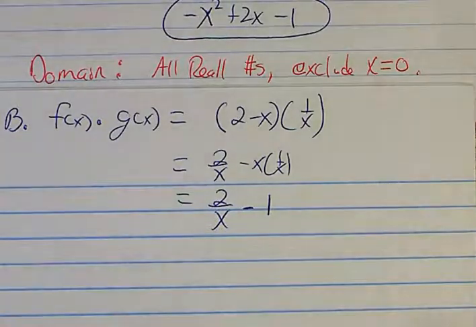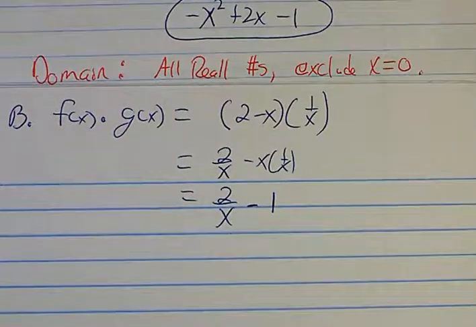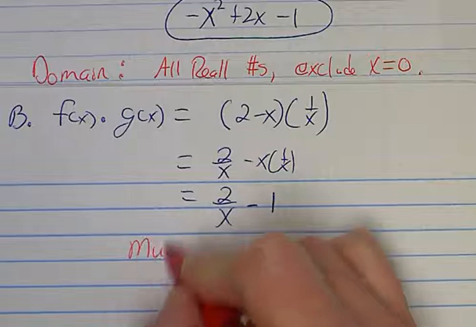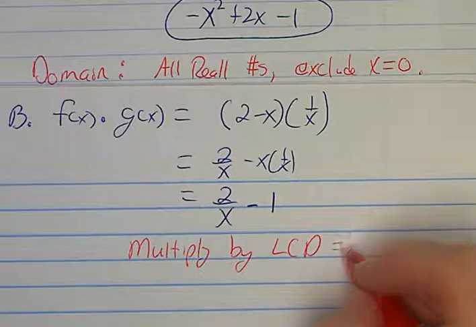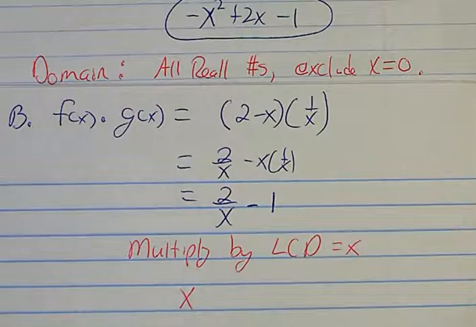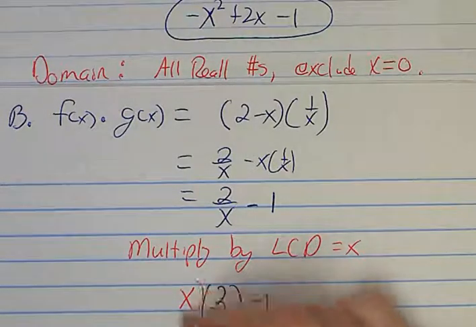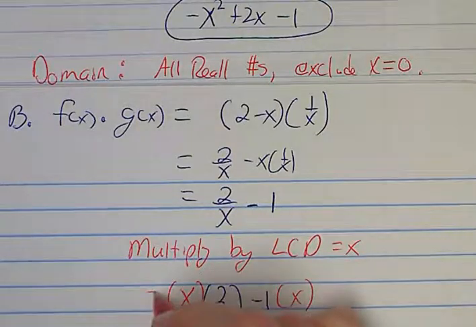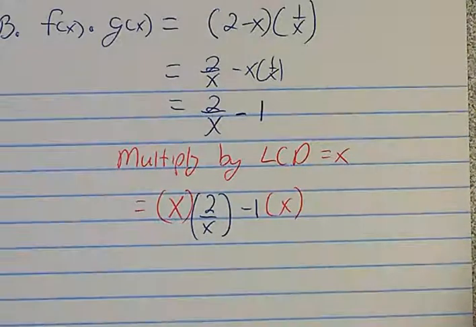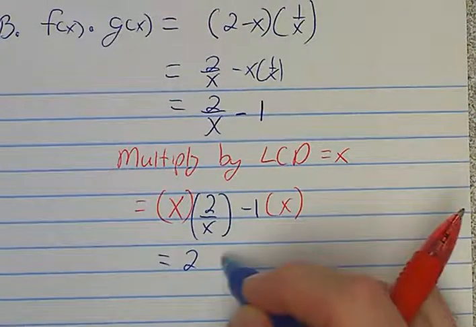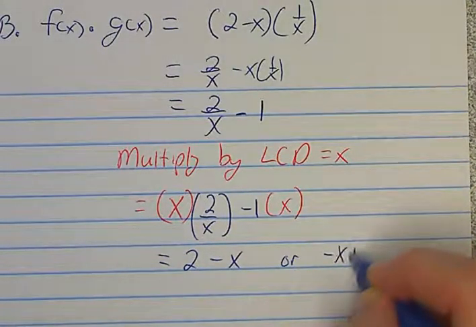Okay, and same thing with the last one. You're not going to have fractions in the answers, so we're going to multiply by the least common denominator, which again is still x. So we're going to take that original problem we had and multiply by x, to eliminate the fraction, so we don't have a fraction answer. And these x's will cancel, leaving you with a 2. When we do the negative 1 times x, it's just negative x. So you can either leave this answer, or you can have it as negative x plus